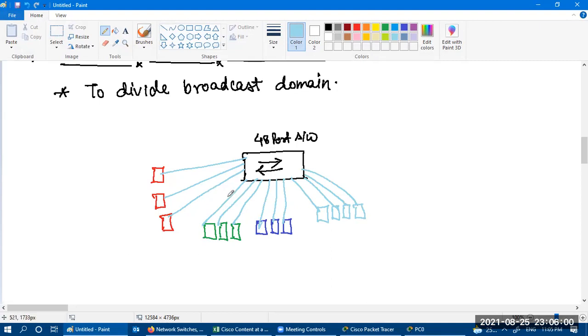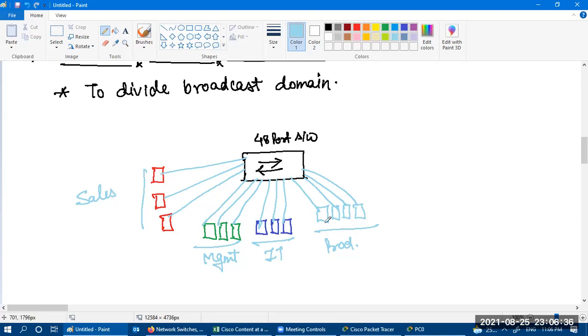So this is sales, this is management, this is IT, and this is production. We have multiple departments in an organization. All these PCs are able to communicate with each other because they are part of the same subnet and they are sharing IP addresses from the same subnet.